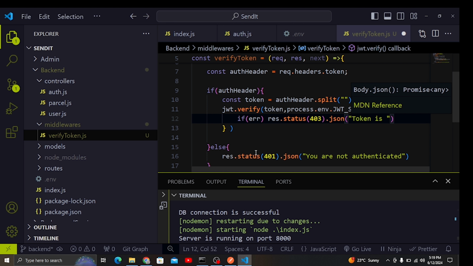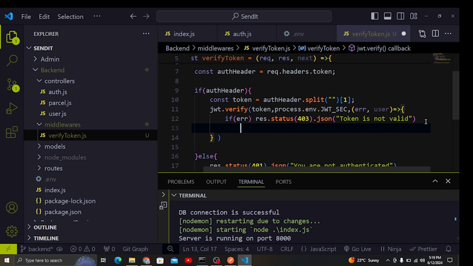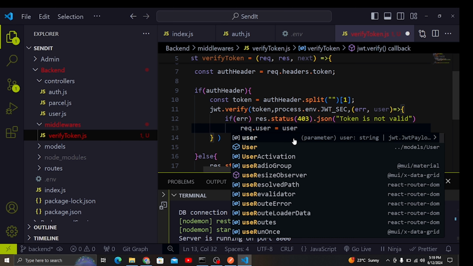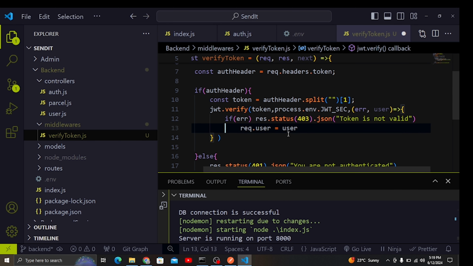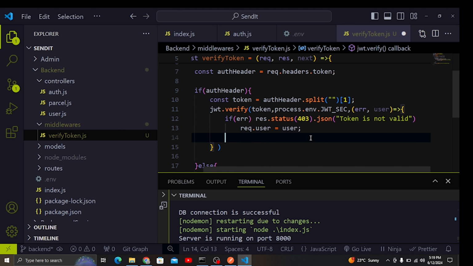Token is not valid, like that. And then down here, if there's no error, that means that we can continue. So what we are going to do down here is have another part that we are going to call request.user, and we are also going to assign it the user now, like that. And now we can call the next function here,